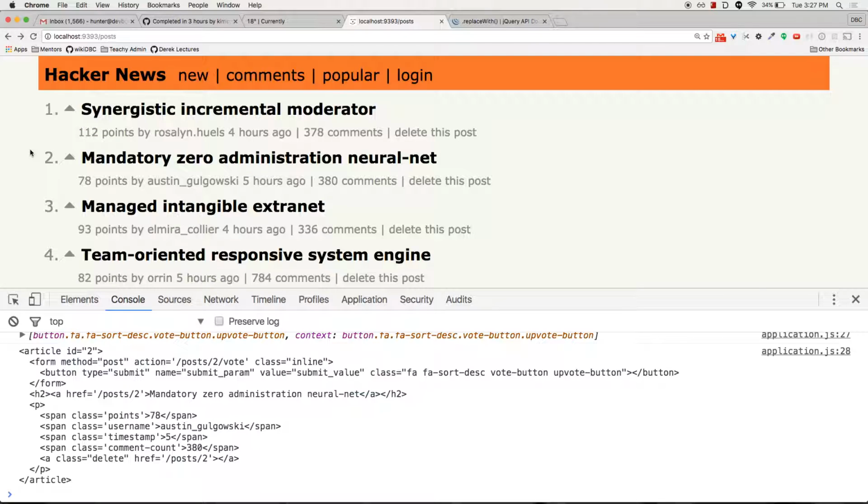That seems more real world to me, because you probably would enforce them to be logged in before you allow them to vote, right? So in which case you probably have a votes table between users and posts, right? And you could check for an entry on said votes table on that join to see if there's already an entry that has the user's ID and this post ID. That said, in this situation,